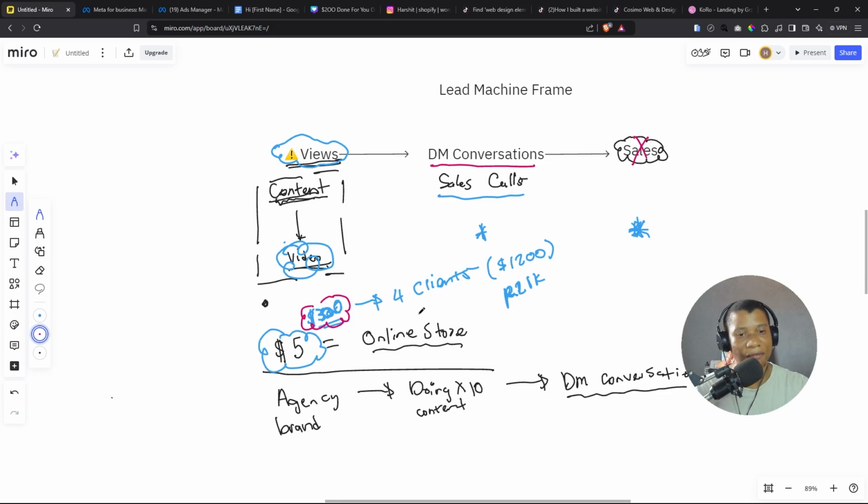So now I need to figure out a new formula. And the new formula basically tells you that in this basic business, the higher the demand, when you get more demand,